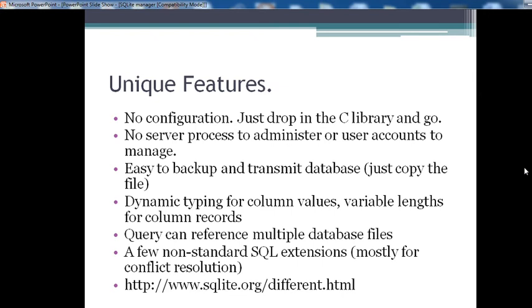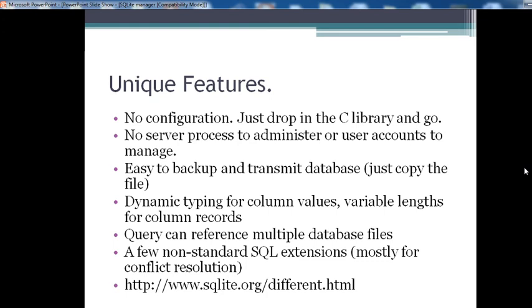Fourth, dynamic typing for column values and variable length column records. That means if you define a column size of, say, 5 and your record inserted is longer than 5, it automatically adjusts. Fifth, a query can reference multiple database files.